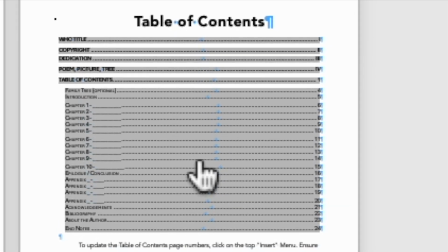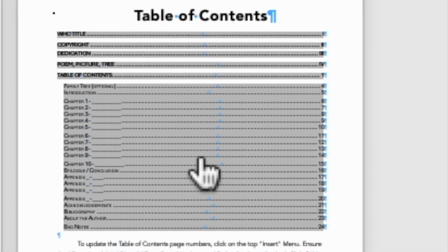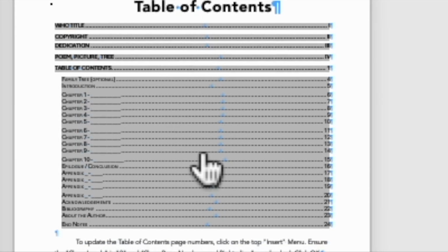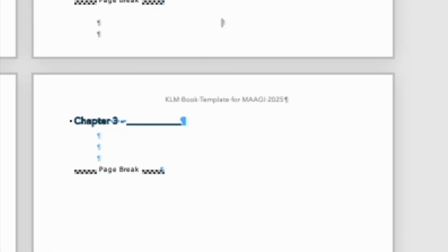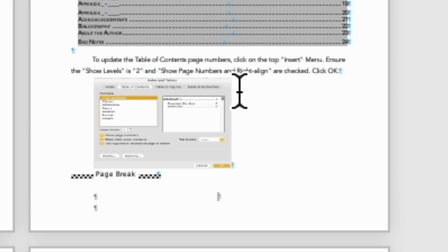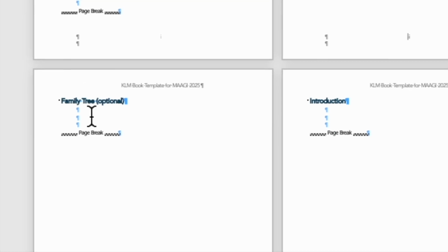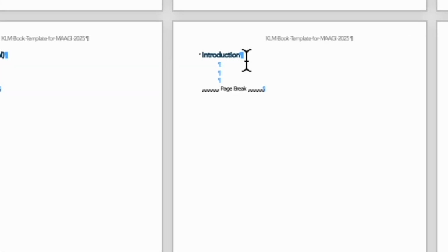It almost will automatically update. You kind of have to help it, but it'll calculate the page numbers for you, and I'll show you how to do that. I have the instructions in here. But then, so we have also, it's hard to see, but if you wanted a family tree, you could put that here. I use the introduction as kind of